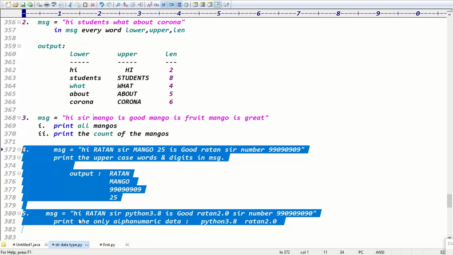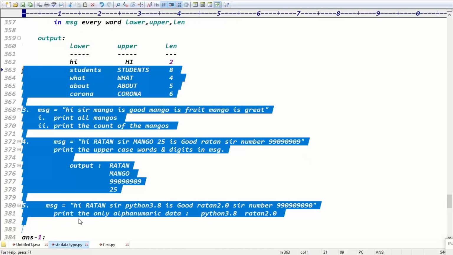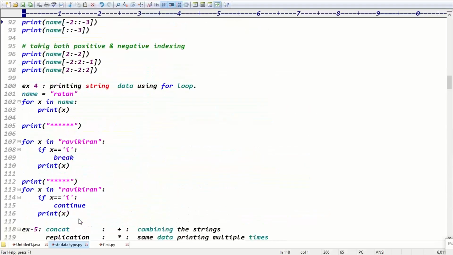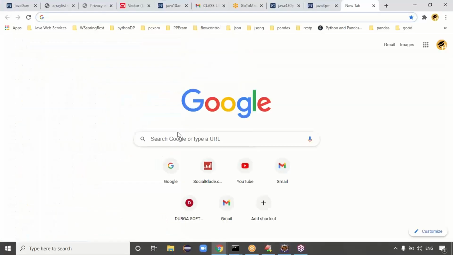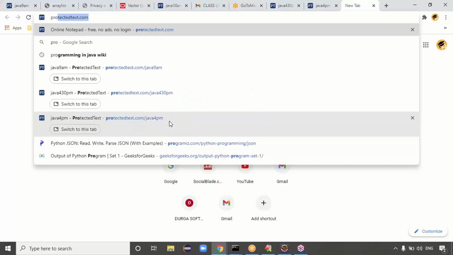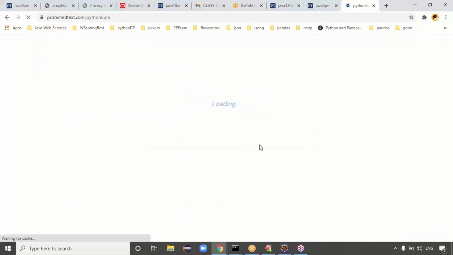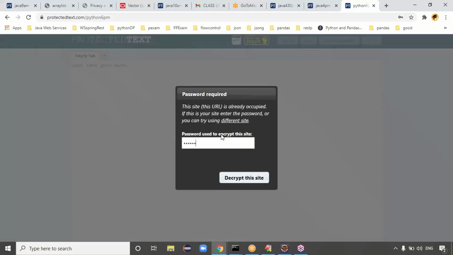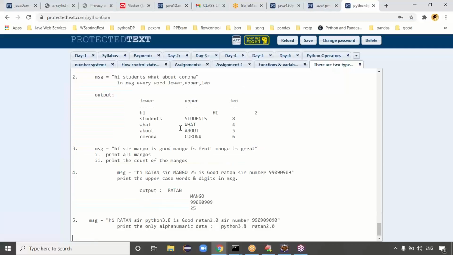It is clear. Guys, try to complete the assignments by tomorrow. For every data type we'll discuss 2 days, guys. We're done with the string data type today. We'll meet in tomorrow's class. We'll start the list data type. Tomorrow's class we'll discuss the list data type, guys. Python 6 p.m. class notes. The password for this one is Python. Yes, we're done with the string data type, guys.